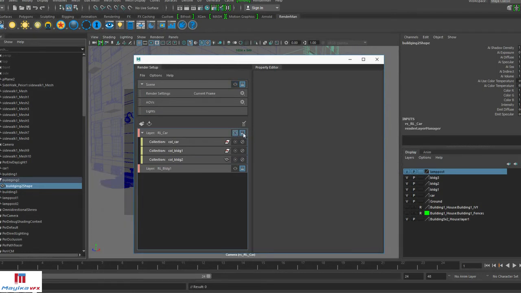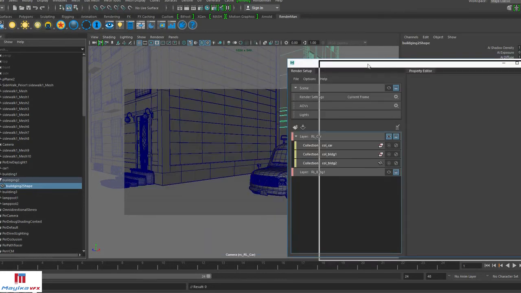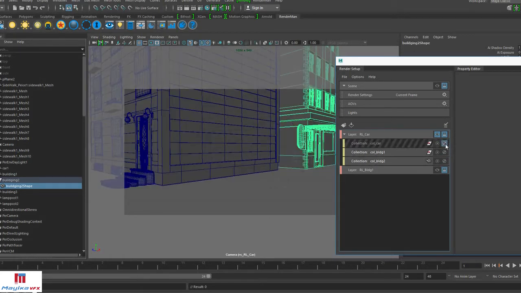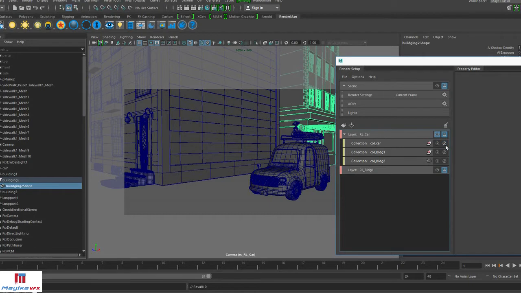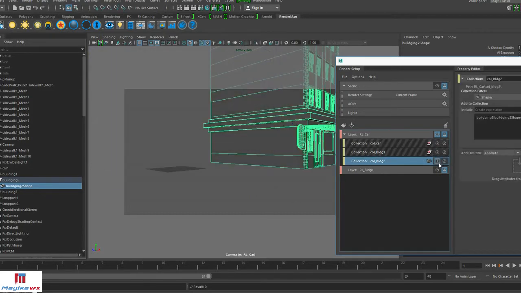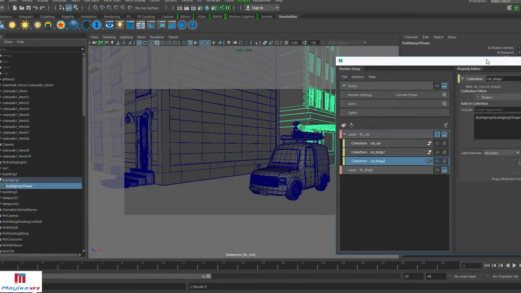And let's select, yeah, this button is for batch render. If that is switched on, then this layer will render in batch. And now you can actually prune with this option, the last button. You can prune the collection, and this is isolate. You can actually isolate any collection in any layer.